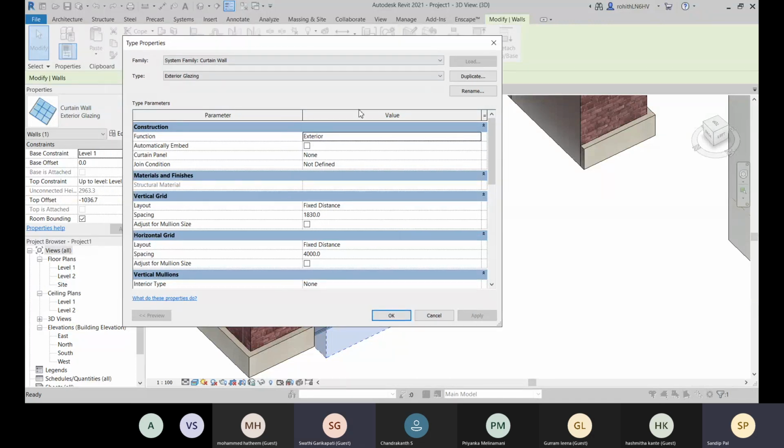Okay, so here you can see that we have this layout option and the spacing. We can change this to fixed number or anything like this, medium spacing, and then adjust it according to our requirement and apply it.